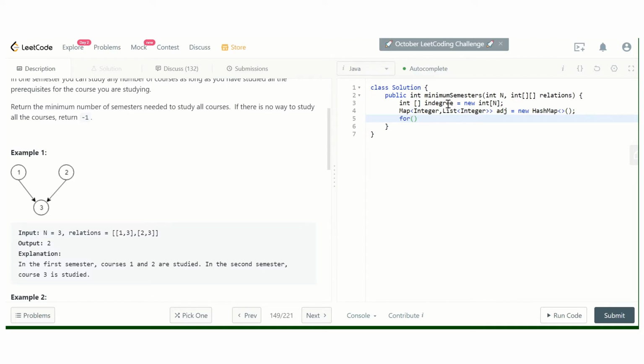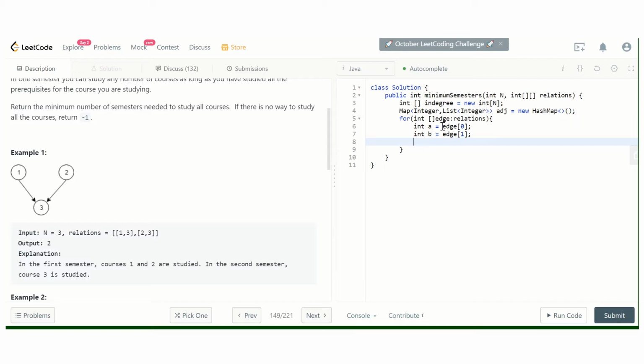Now we will traverse over this relations. int a equal to relation 0, int b equal to relation 1,